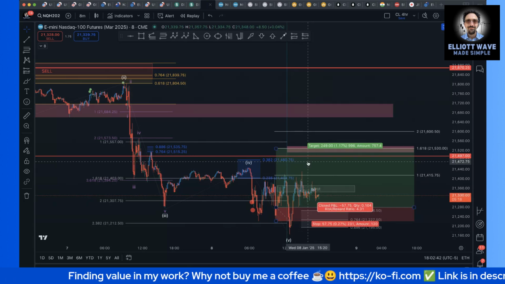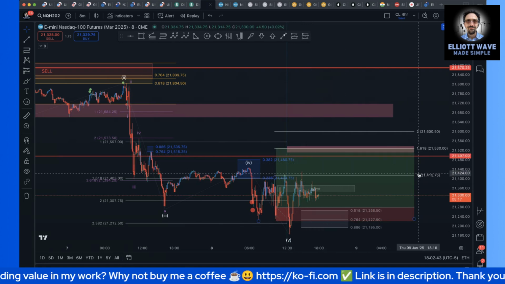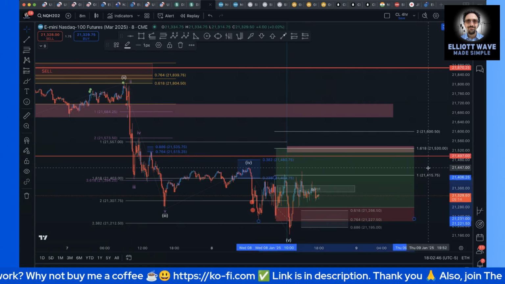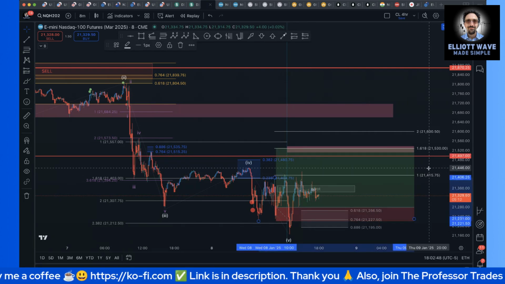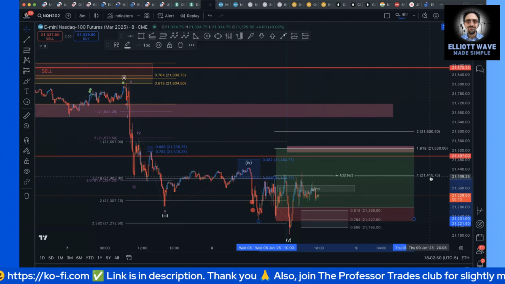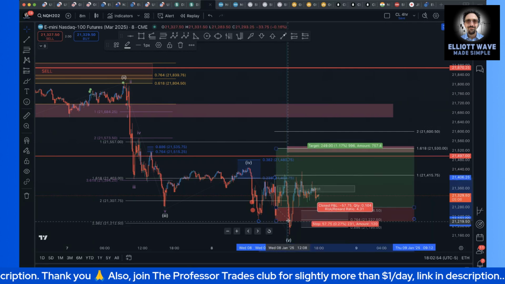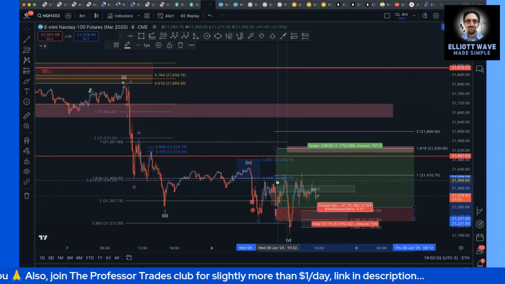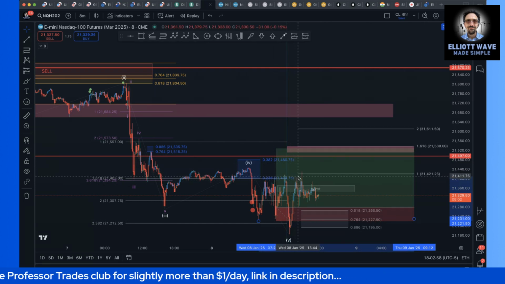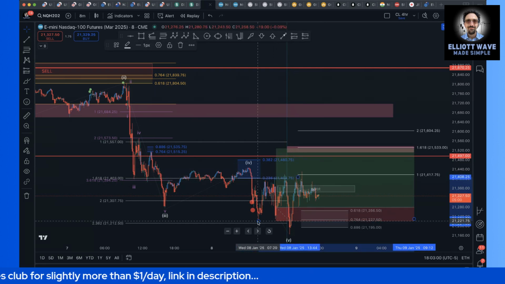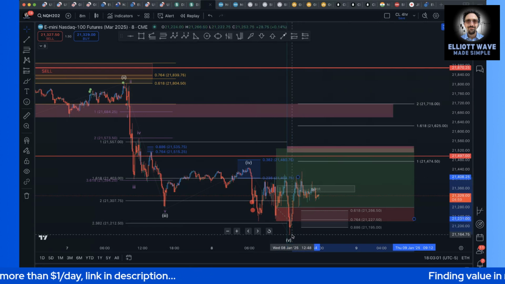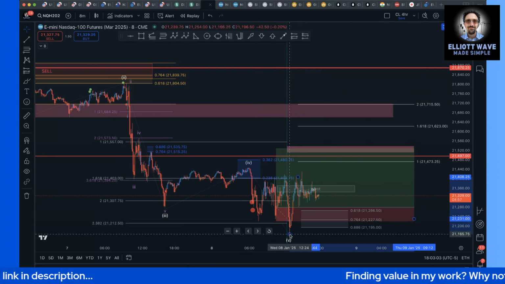So it'll come up into here. So these white fibs are no longer valid. I'm sorry guys, you're watching the sausage get made by me adjusting these in real time. But if that's a 1-2,